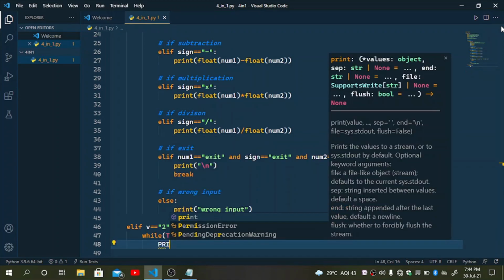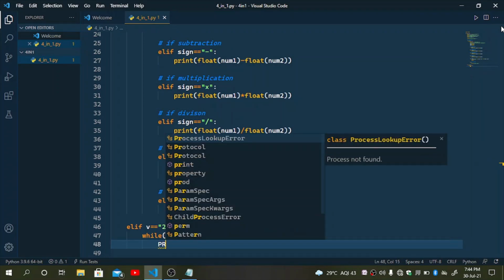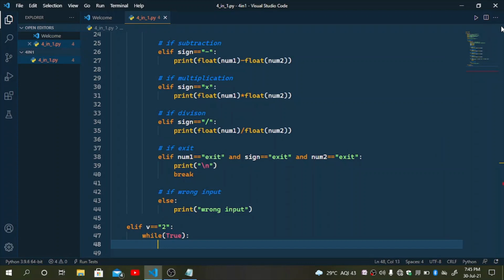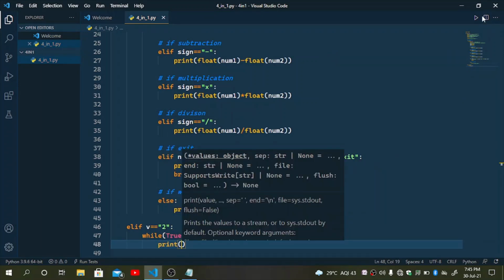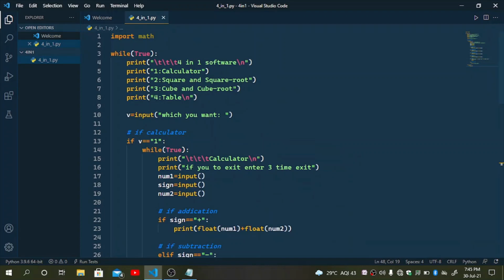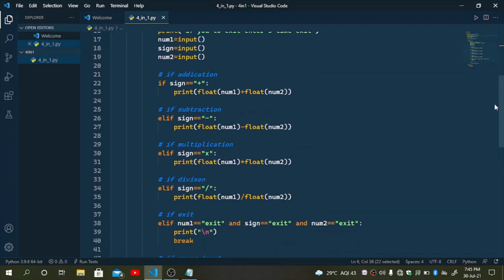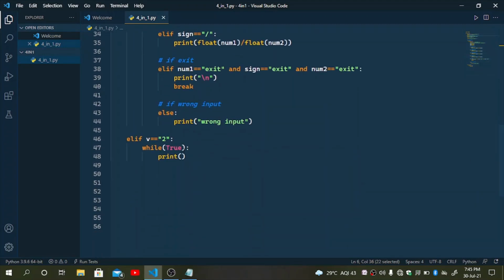Then we have to print our mode name. Print square and square root. Okay, copy